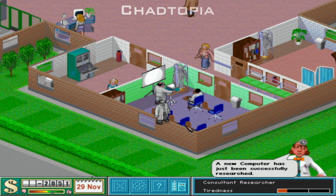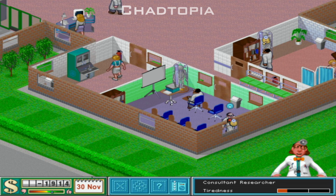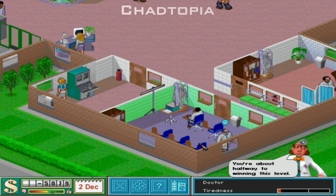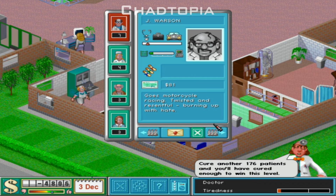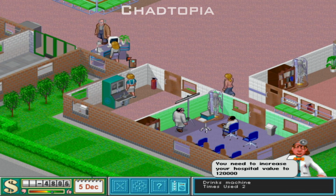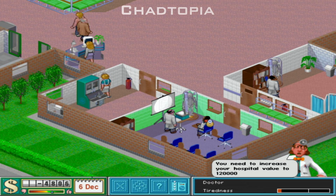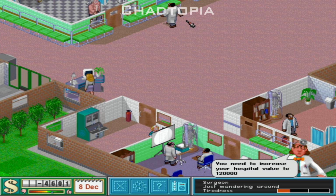So what we'll do is we'll put that guy in there. Doctor required in general diagnosis. So he's going to train them, and I can't afford to get any more bloody doctors in. So the question is, can he be trained to be a...